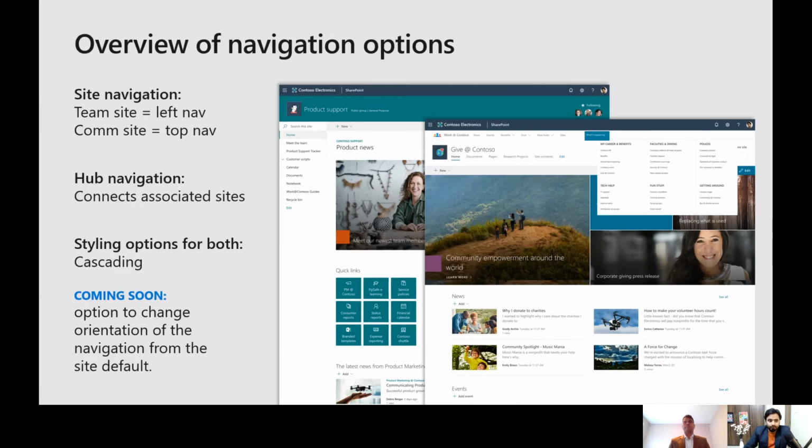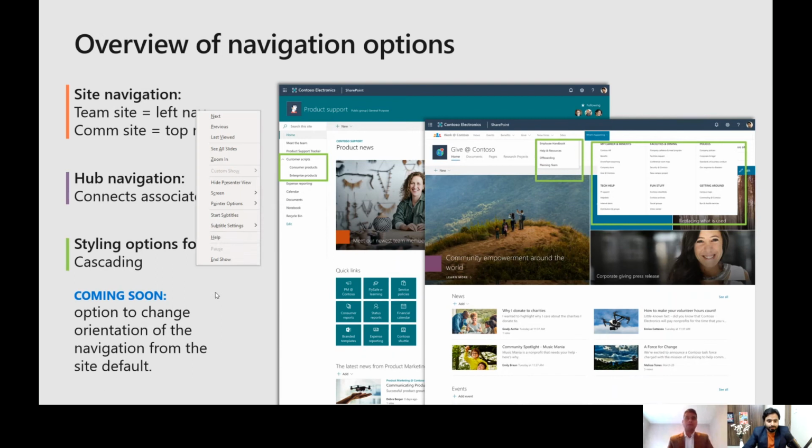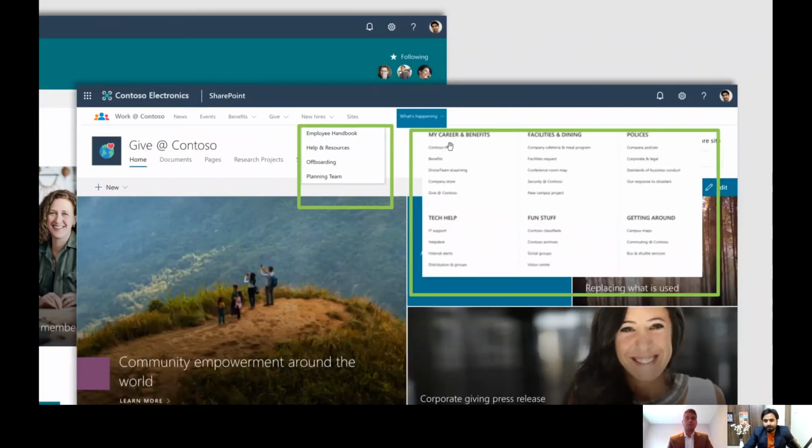Now, when you move on, what we just covered was the site navigation and the hub navigation and the styling. So one thing I really wanted to zoom out over here, and if you go to zoom in, this is a place you see what's happening. So this is like what's happening, find it. You just need to hover your mouse and get to see lots and a bunch of applications, pages, content. So what's happening? Something happening around fun, tech help or facilities and dining. So within a hover of your mouse, you can see